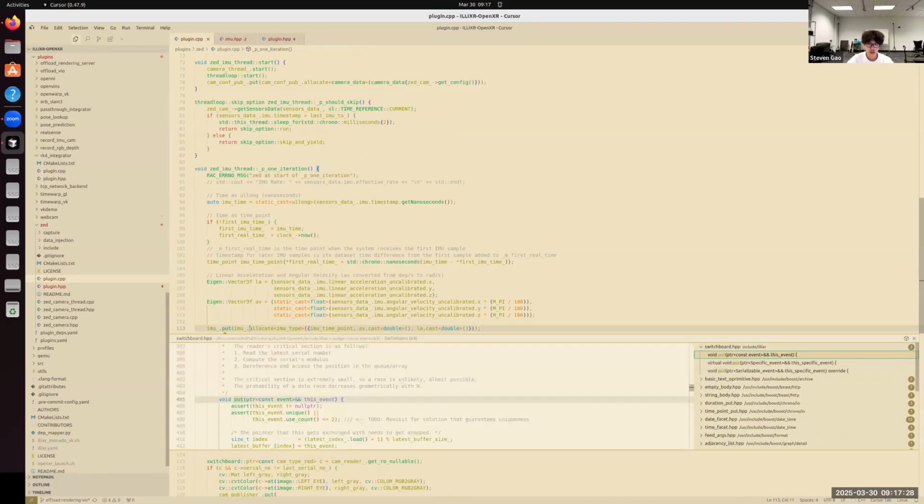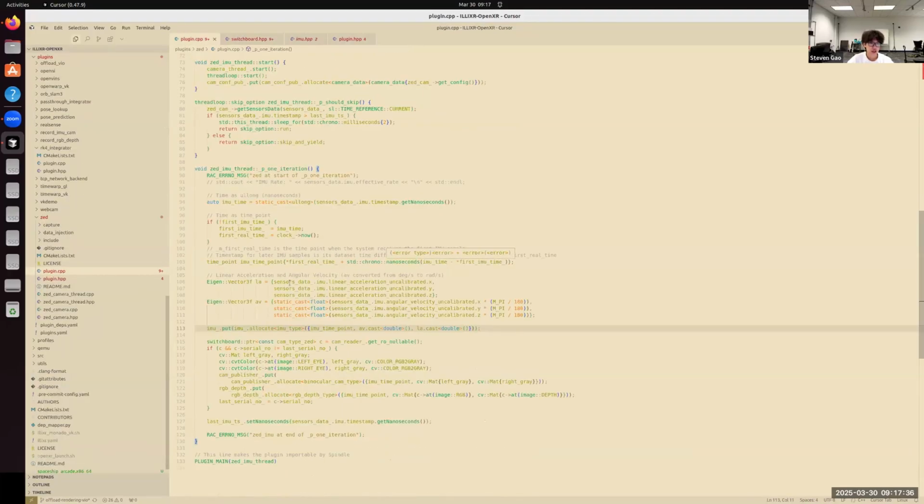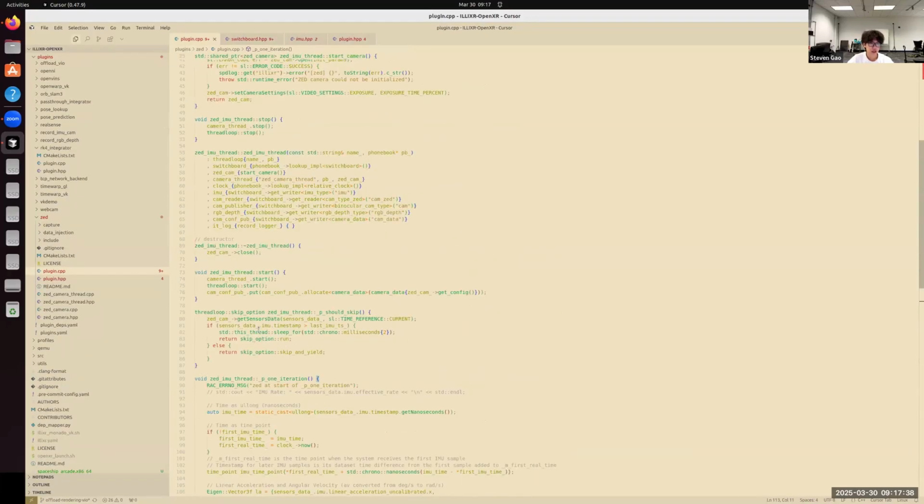The put function on the writer just puts any data you specify into the topic. So that's how you would write to a topic.